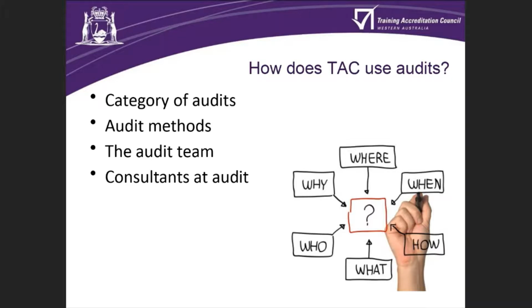Sometimes the auditor, if they're coming to a site audit, will be joined by an observer, and that's most often when there could be some issues, or particularly if an RTO is being run out of a private residence. If that's the case, then it's perceived as a slightly more high-risk situation for the auditor, and the observer will come in. They're usually somebody from the Secretariat, but the important thing to remember is they don't actually play any part in the audit. They're just there to be an